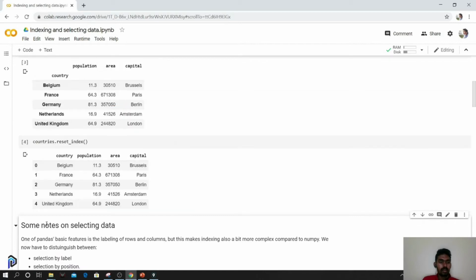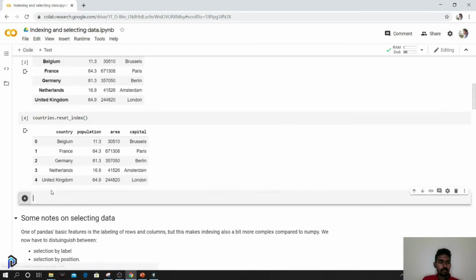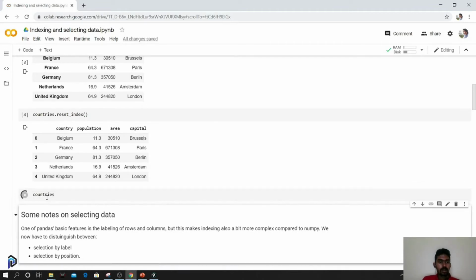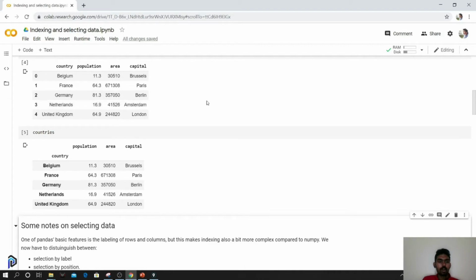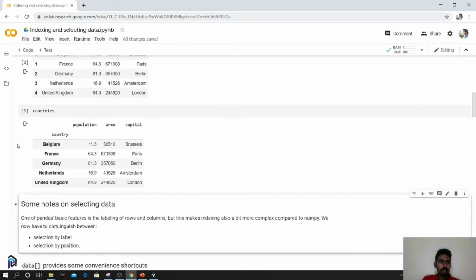When I'm resetting the index, you can see it comes back to normal. But it's not in place, so I have to store it if I want to keep the change. I don't want the change, so I'm continuing with this data frame.